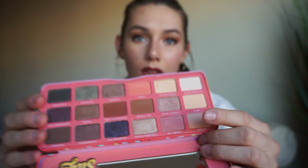Here are 4 of my favorites from the Sugar palette. First we have Creme Brulee, which is a really light, pretty orangey. It kind of reminds me of a creamsicle gold, if that makes sense. Not super bright. That's probably not a good description, but you can see it's pretty. Then we have Sugar and Spice, which is definitely more pink as I swatched it than I thought it was gonna be. In the packaging, it actually looks a little bit more brown, so I wasn't expecting that,